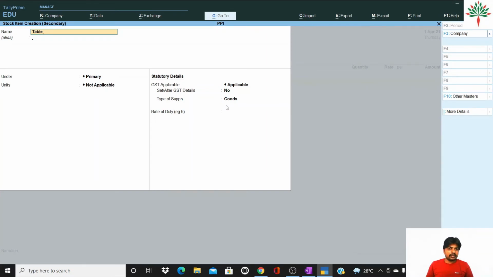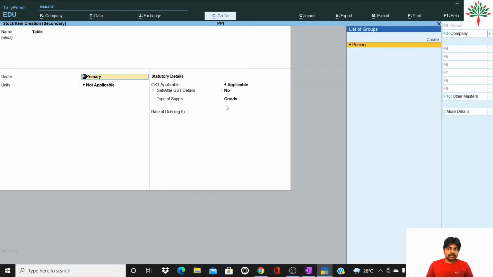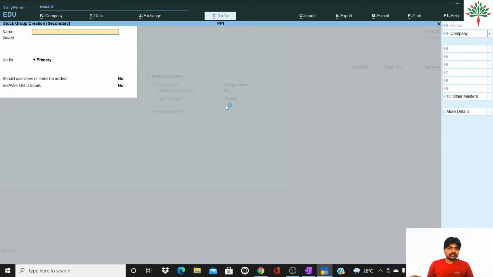Okay, alias table only. Under the head of, suppose if you want to create any head, it can come under the head of furniture. If you are selling various items like furniture, electronic items also, you can place it under the head of furniture. All right, so again you will create with Alt C, and by pressing Alt C you can create a head, that is furniture.